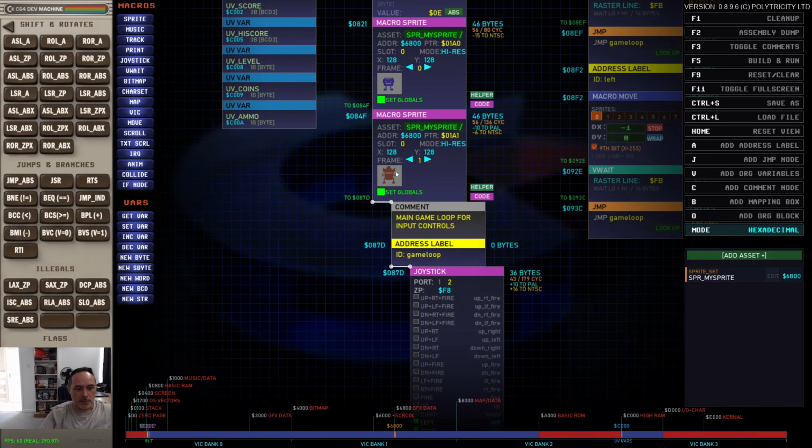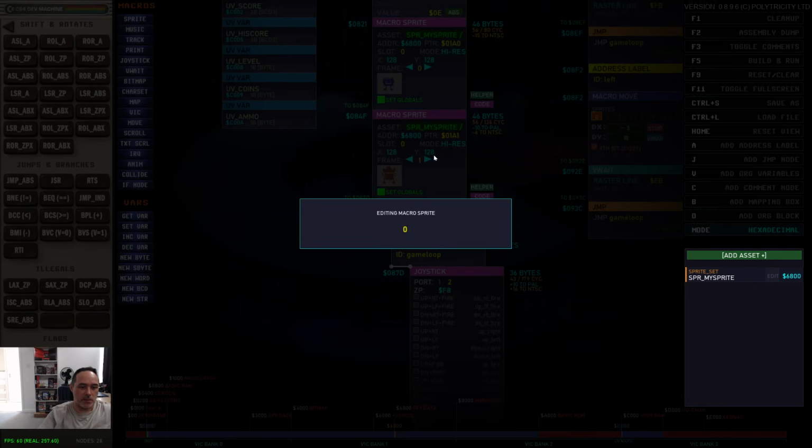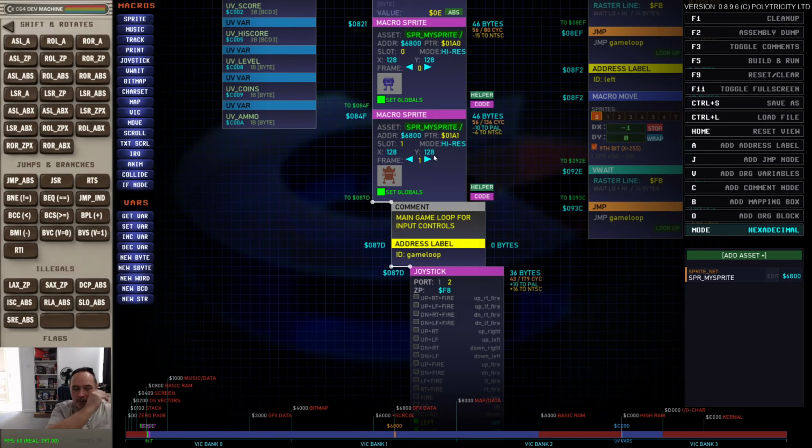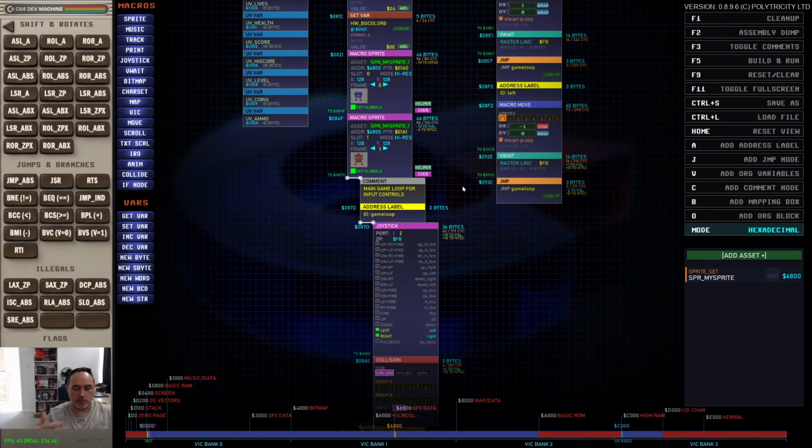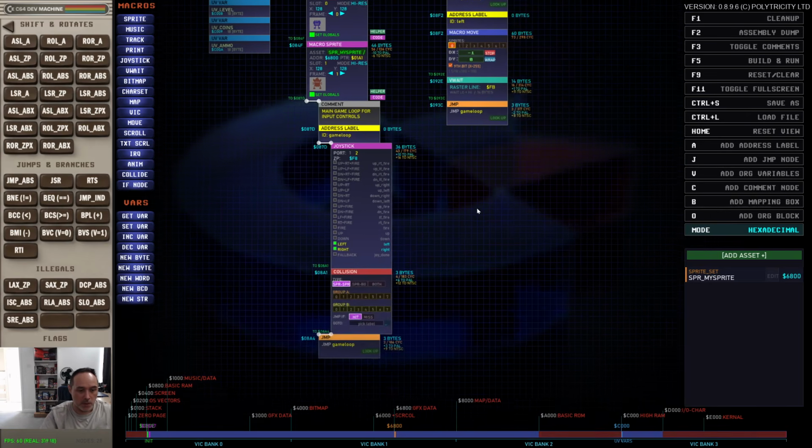Right, so there's our bad guy. He's going to be in slot 1, that means he'll be drawn behind slot 0. Slot 0 is drawn last, if you like, so it's always in front. Slot 1, slot 2, slot 3, so the bigger the number, the further away they are. You can use that to make depth tricks if you swap their slots, which you can do fairly easily. But anyway,